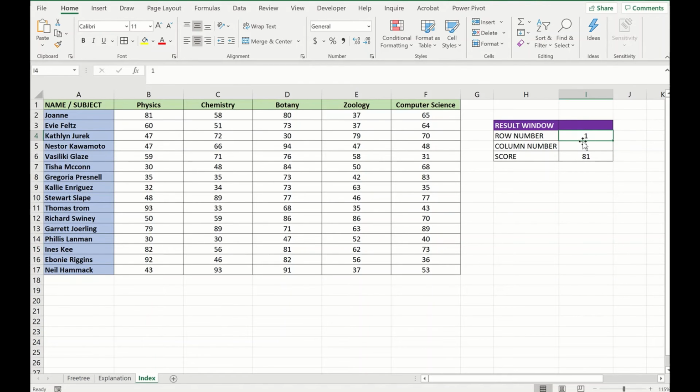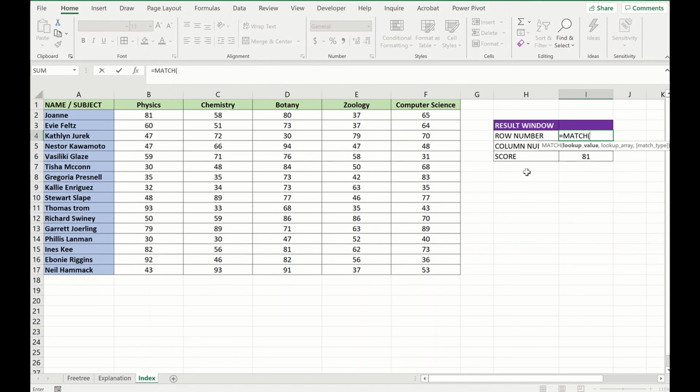Now instead of the row number being a number, I can make this a function also, right? That is the first layer of complication we're going to have. So we can make this a match function. So what is the function to match?